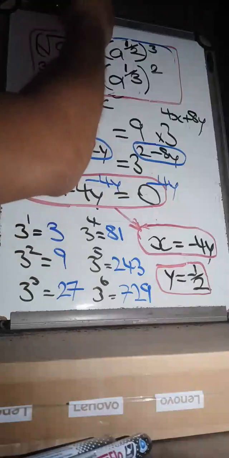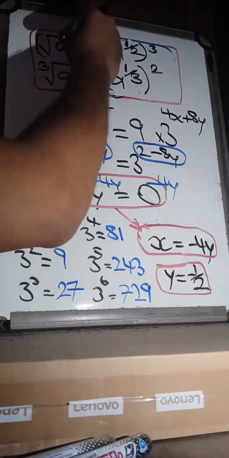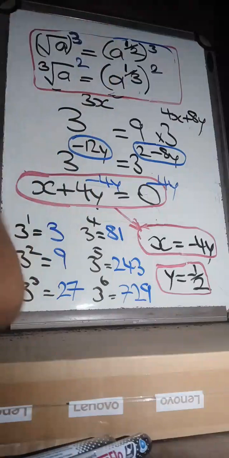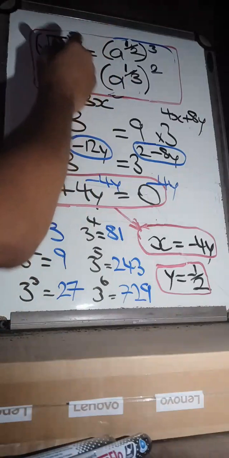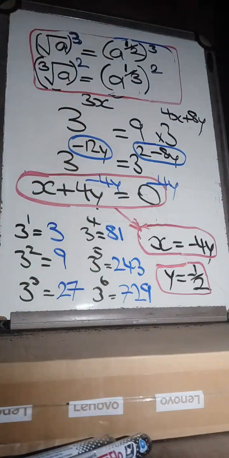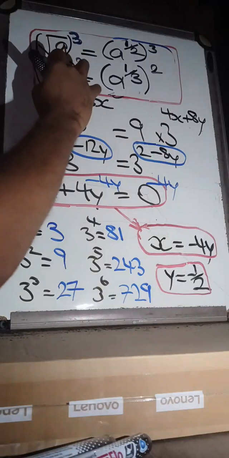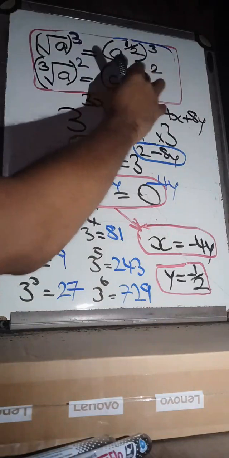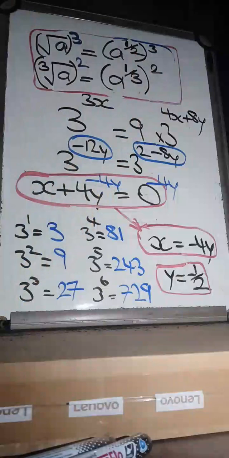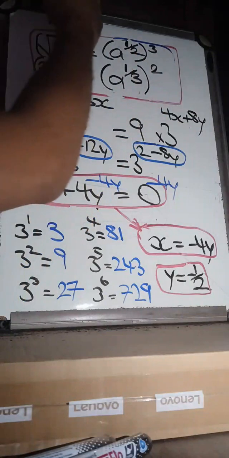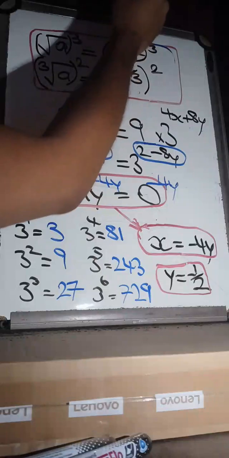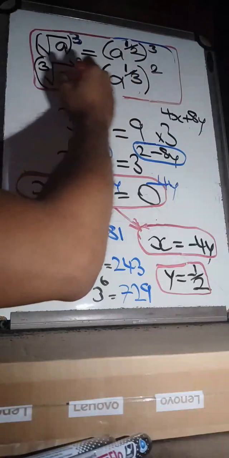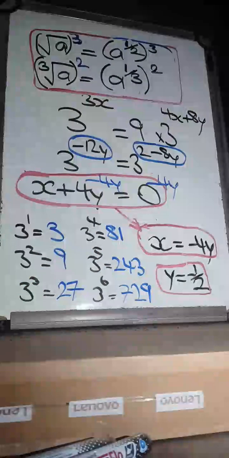So square root first, cube it after; cube root it first, square it after. So we want to be doing that. So a lot of this